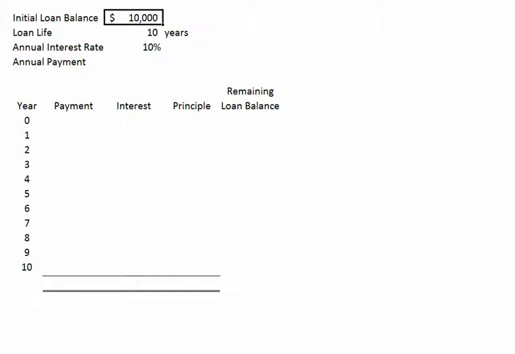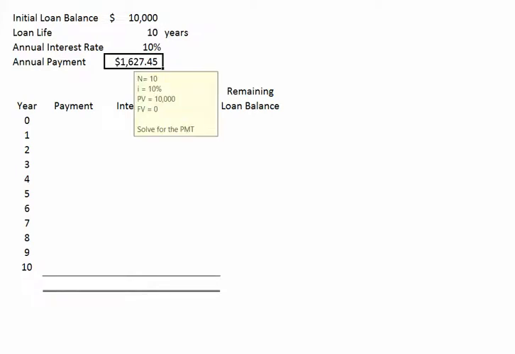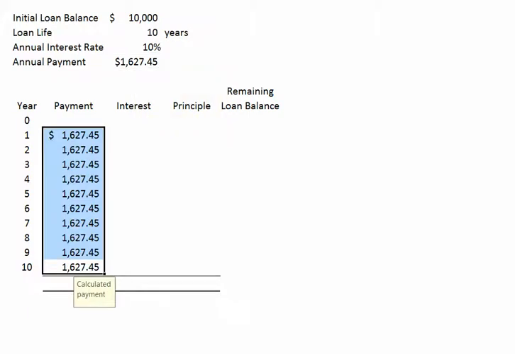On this loan, our annual payment to fully amortize the loan would be $1,627 per year. We can calculate that with our financial calculator by entering 10 for the number of periods, a 10% interest rate, $10,000 for the present value, and again, since we want to pay off the entire loan over the 10-year period, we want to indicate a future value of 0, and we solve for the payment. So over the 10-year life of this loan, we'll make 10 equal payments of